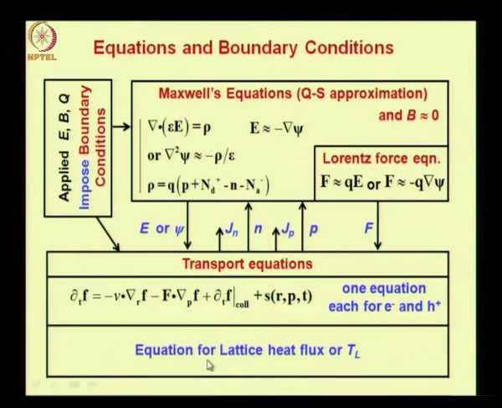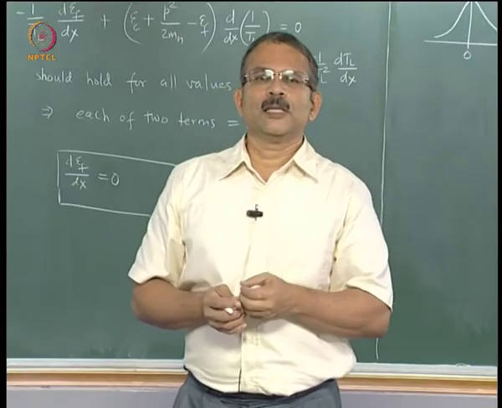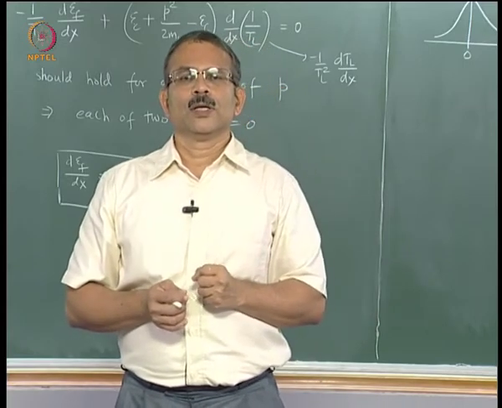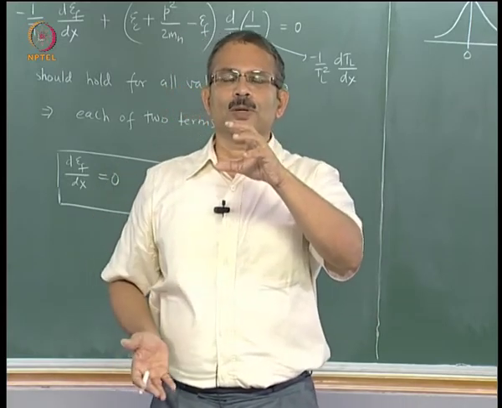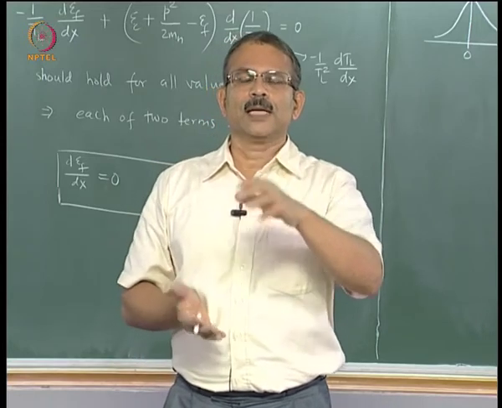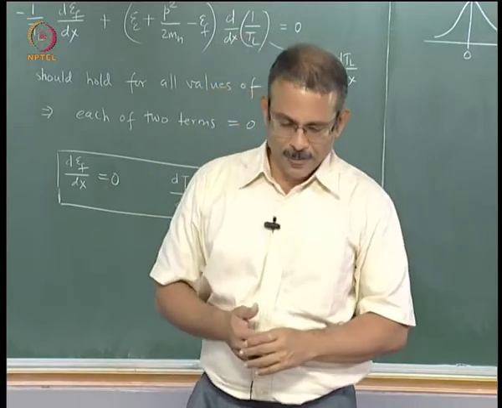So this heat flux equation can be regarded as a part of the transport equations. You need to impose boundary conditions on these equations for solving. So the applied electric field or magnetic field or heat flux impose boundary conditions. So heat flux may be applied or it may be generated within the device. We have explained how heat flux can be generated. You have a power device, heat is dissipated near the junction, right. So temperature of the junction is high compared to the base of the junction, right, and therefore there is a temperature gradient and there is a heat flux.